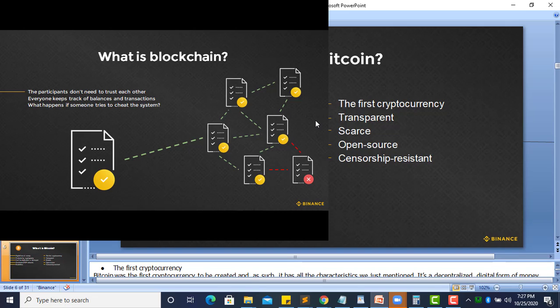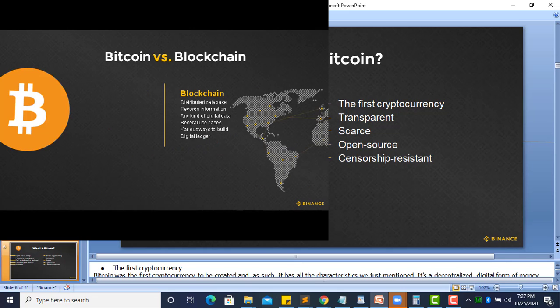On your fiat, on your bank statement, not everybody has access to your bank statement, it's only you. But on blockchain, it's a distributed system. Everybody has access to the information. Each block is linked together to form a chain, which is called blockchain. Each piece of information can be accessed by everybody. So I don't need to trust you, you don't need to trust me. Just send the money, send the Bitcoin, and then I will check if it is delivered. So that is just how blockchain works.